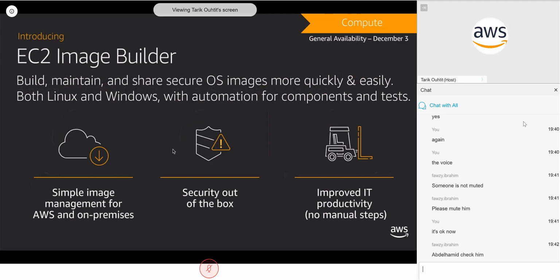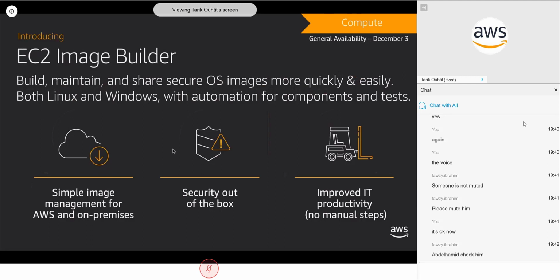Okay. Next up, I wanted to show you the EC2 Image Builder. Many organizations that we work with at AWS choose, when they're hosting VMs and EC2 instances, to have some kind of base image in their organization. Maybe it's a standard Linux image or Windows image, but with your organizational tools built in, maybe antivirus or monitoring tools, compliance tools, etc. Maybe it's gone through specific security controls and governance in your organization.